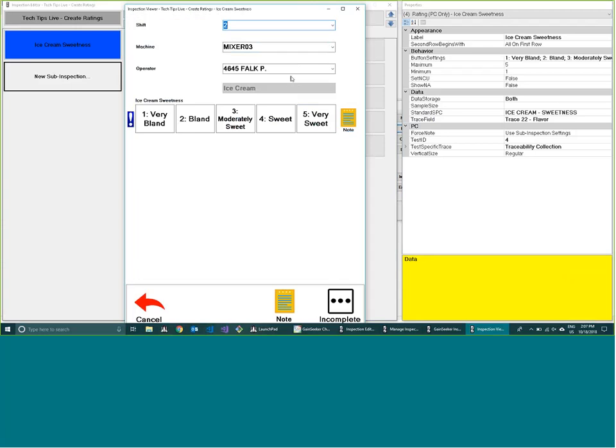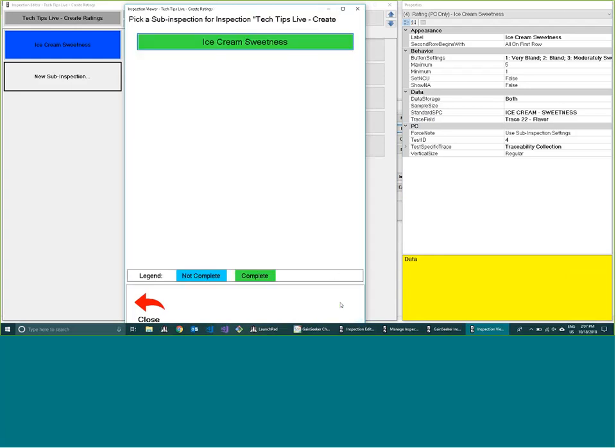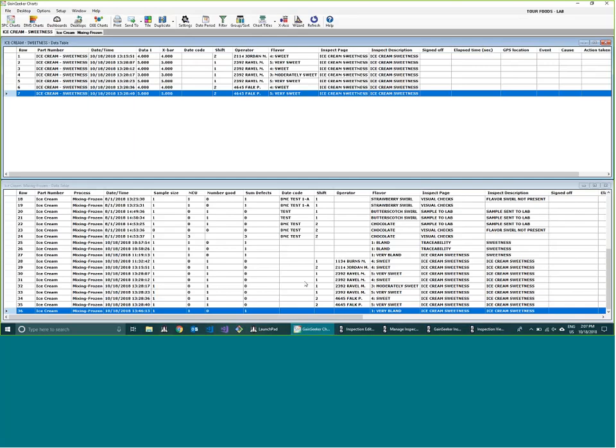So in this inspection, there's some traceabilities, and now in my ice cream sweetness, the interface looks just like in my editor. I'll select something, and let's say that I submit that. Then let me go over to my data real quick and show you what I've got. So let me refresh